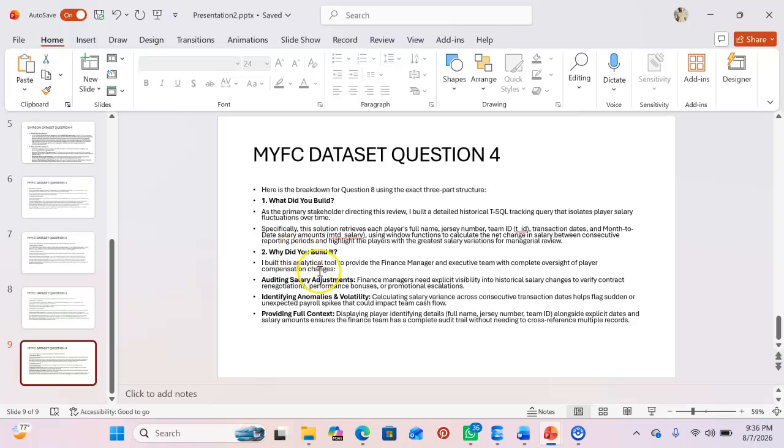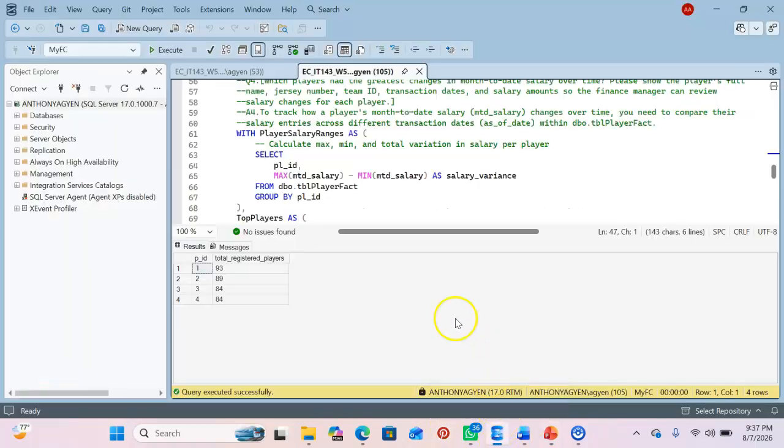But why did we build it? I built it as an analytical tool to provide the finance manager and executive team with complete oversight of player compensation changes, like auditing salary adjustments, identifying anomalies and irregularities, and providing full context. Okay, so if we go to the how,